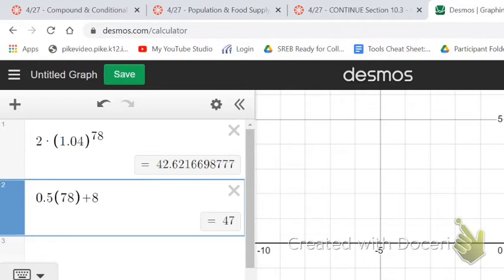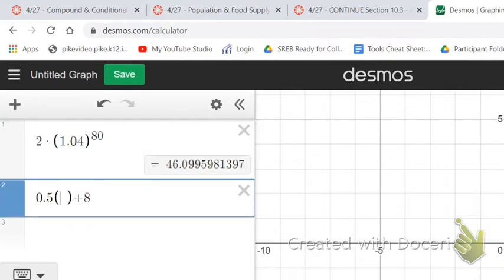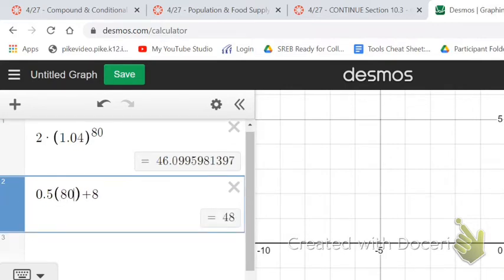They're good to feed people here at 78 years, right? Are they still good at 80 years? No. Are they not? They have enough food, but not enough. Having more food than people, everybody gets food, right? So if they double that initial amount, they're good at 80 years, right?